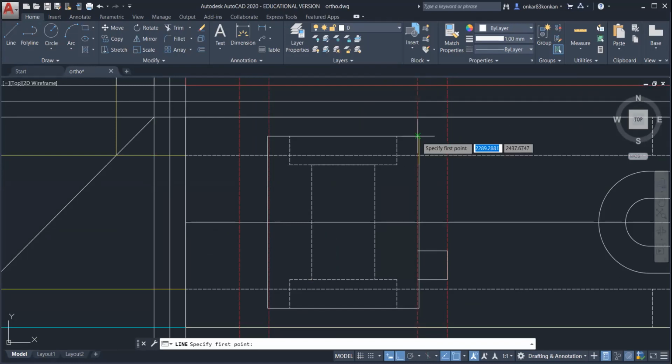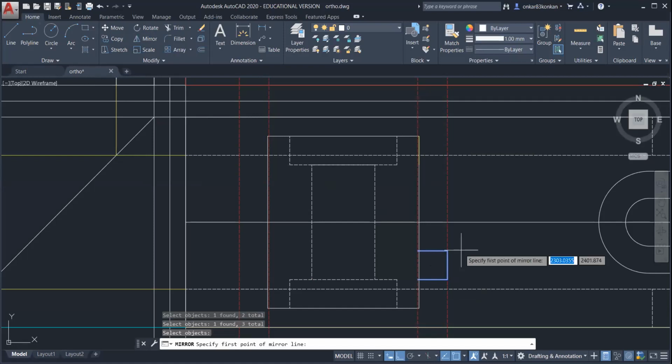Similarly, from this point, or even you can use directly the mirror feature. So there is the modify toolbar. In that you can observe the mirror command. So select that. Now select the object. So just click on all the lines. Okay. No need to press the shift or control button. Okay. And then press enter.